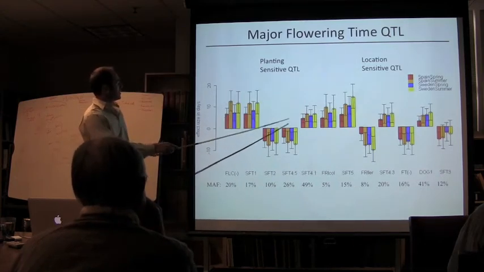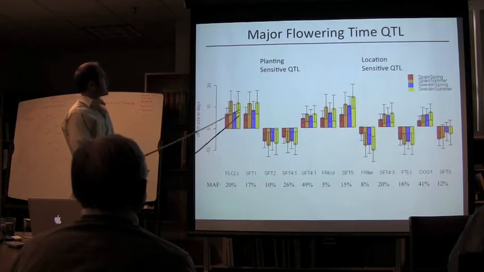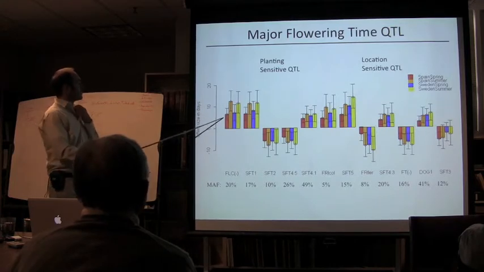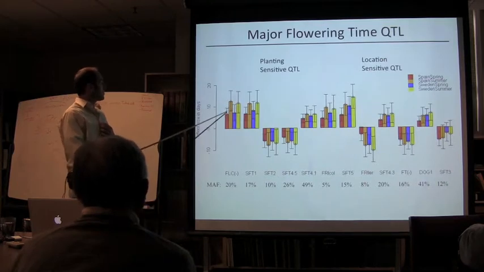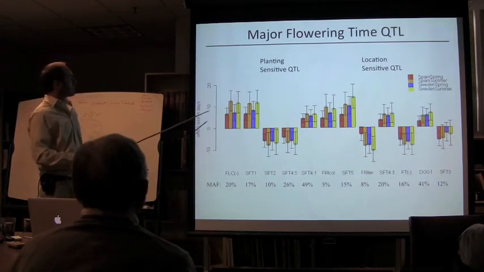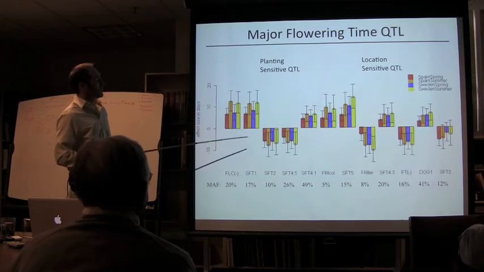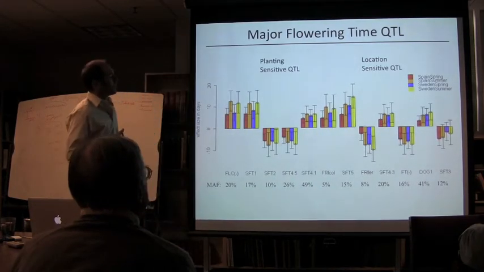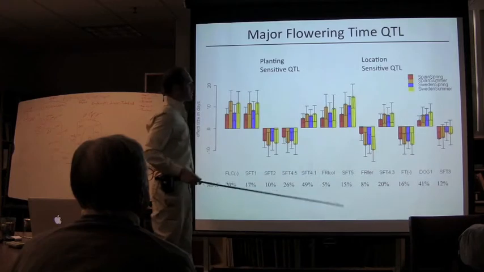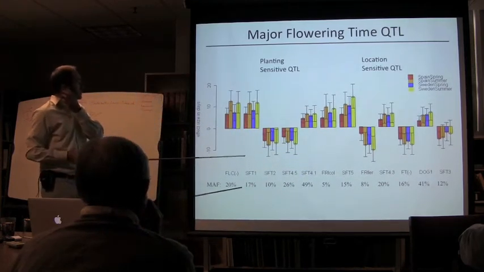So these QTL here on the left are very sensitive to the time and less sensitive to location. So maybe 8 leaves or 8 days of flowering time variation in the spring conditions, but in the summer conditions they have almost twice the effect. So these are sensitive to when in the year, when in the spring they germinated, whereas SFT3 really doesn't have any sensitivity to when, and some of these others have less sensitivity. They're more sensitive to where. So the difference between Sweden and Spain was very important.